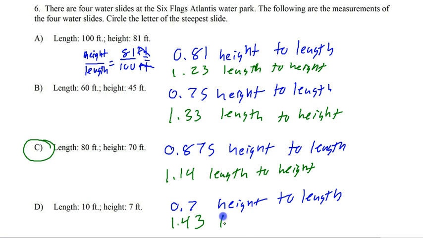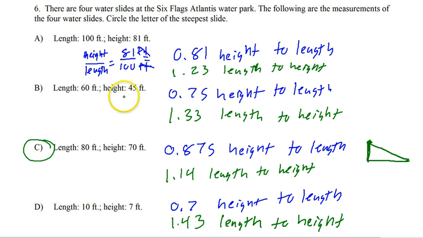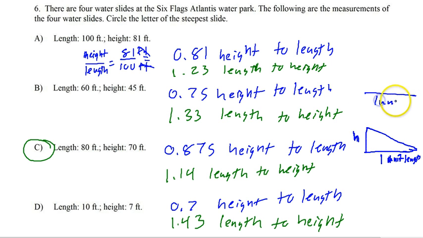Think about it. This is length to height. If you're talking about a little path here, a little steepness, we have length, and then we have height. Well, we're looking at the blue. Actually, I should probably do this in blue since we're doing the blue one. That way it matches the color. If we're talking about 1 unit, this is our unit, 1 unit of length to our height. If they all have the same 1 unit,